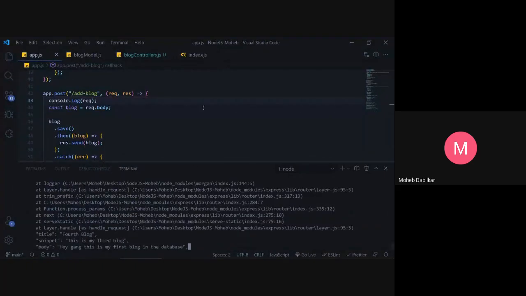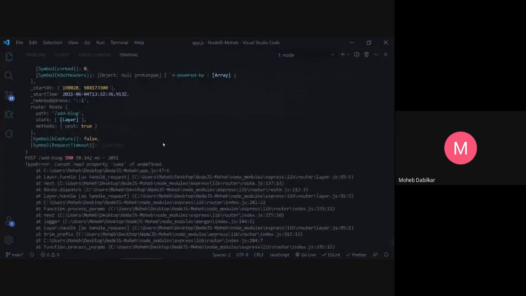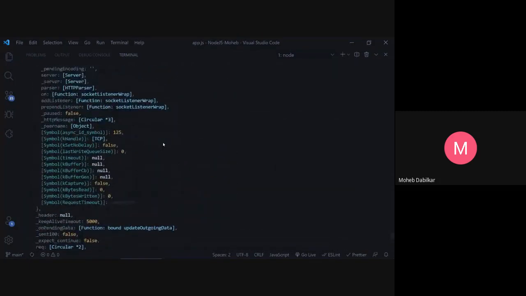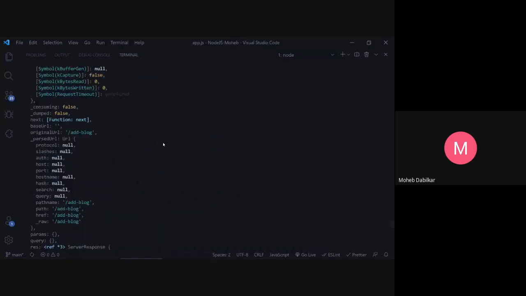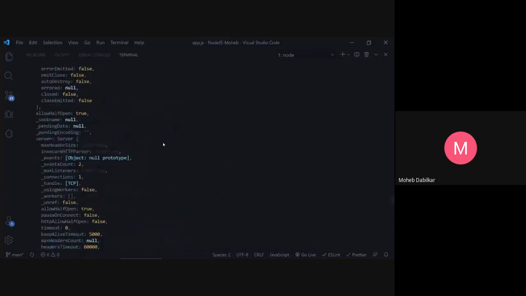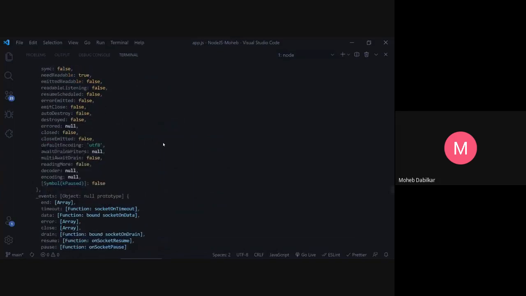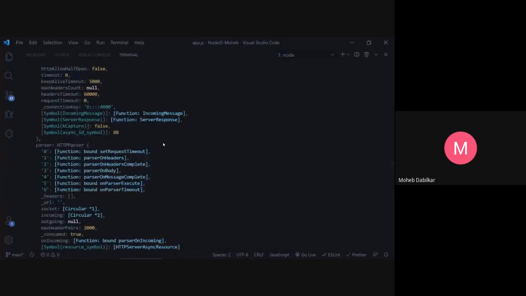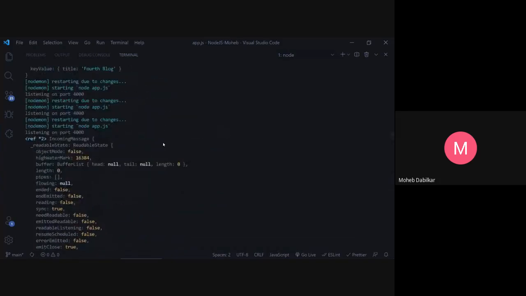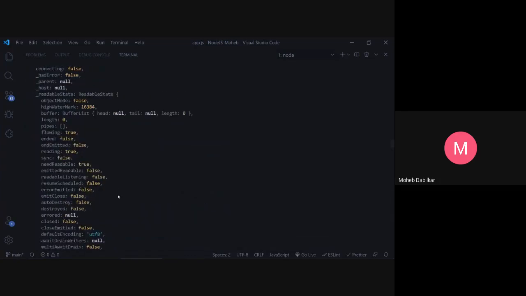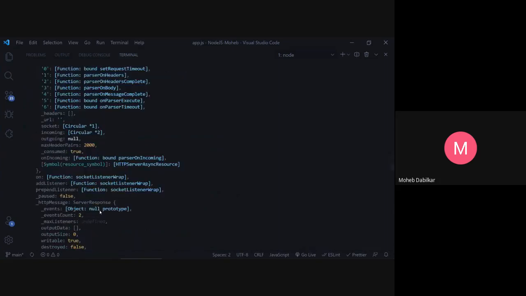Let me make the terminal bigger. If we scroll somewhere around, we should have a body. So where is the body? Well, we are still in P, Q, R, S, T. There is an incoming message request, and it is there somewhere over here.